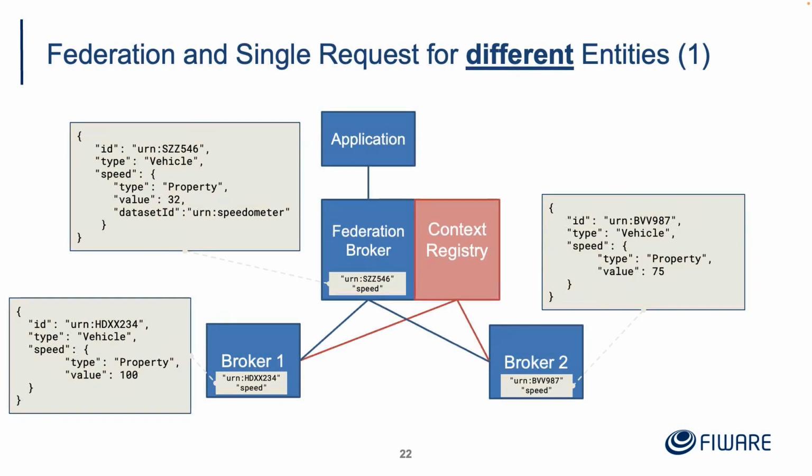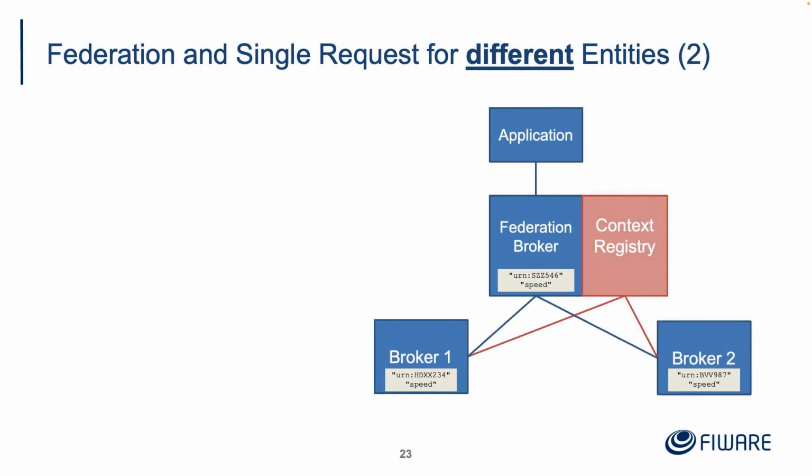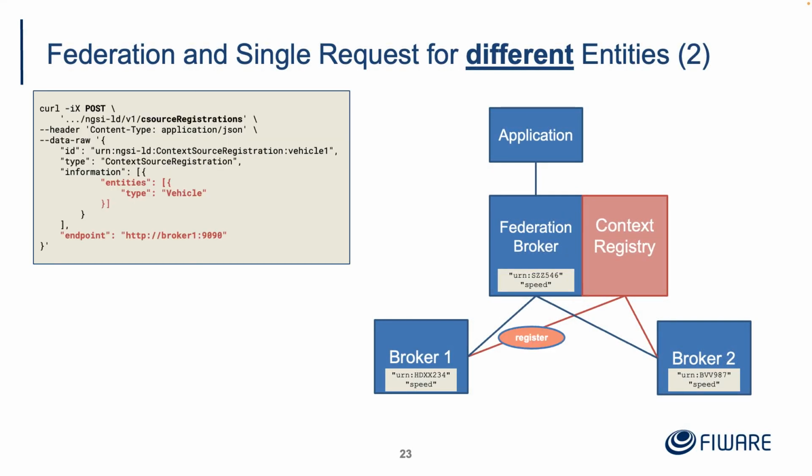So in this particular case, we have got in our federation broker, the one which we are making the query, we've got a vehicle, but we've also got other additional vehicles in our registrants, our broker 1 and broker 2. You can see the total of 3 vehicles known in the system, one of which is known locally, but 3 of them can be obtained overall. In this particular case, you can make a single request, say give me vehicles,